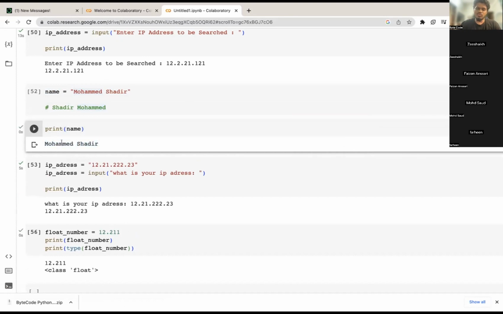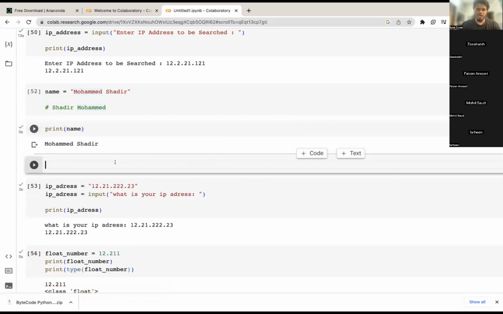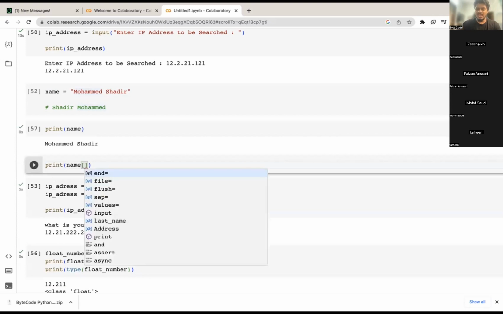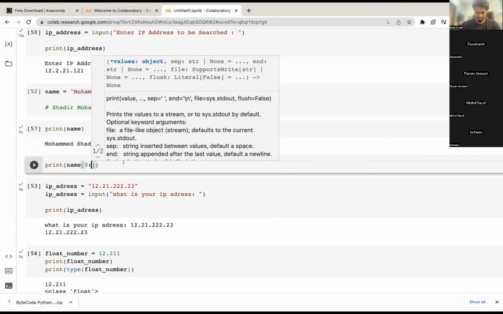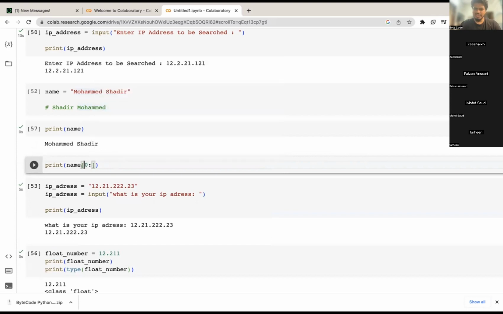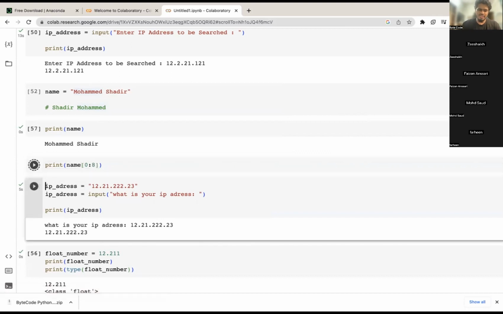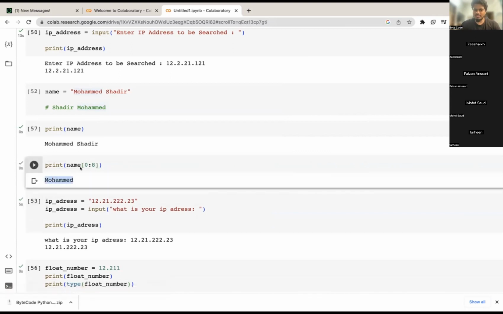But if I just want Mohammed, then instead of printing name, I print name followed by square brackets, and I start with 0. The numbering in Python starts with 0, and I need to go until 1, 2, 3, 4, 5, 6, 7, 8. If I go until 8, it will give me Mohammed.